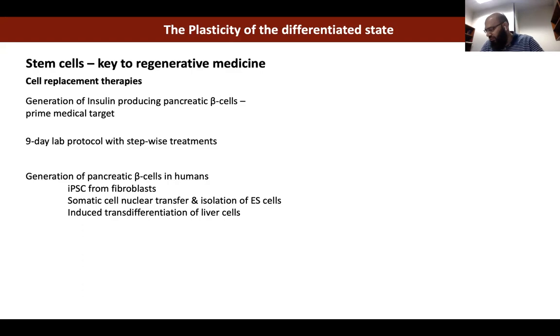Yeah, so actually the human pancreatic progenitor cells derived from these pluripotent stem cells are, like I said, in clinical trials for the cell replacement therapy. Then there were also attempts to make pancreatic beta cells from the iPSCs that were generated from fibroblasts. And then there were some attempts of somatic cell nuclear transfer, induced transdifferentiation of liver cells. I mean, people have tried all these different strategies, but I think, like I said earlier, that adult stem cells